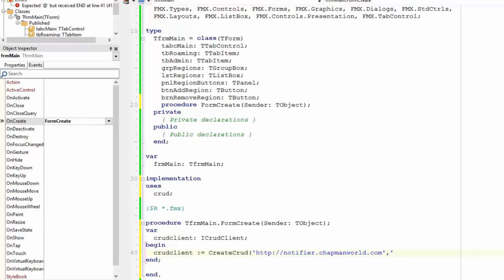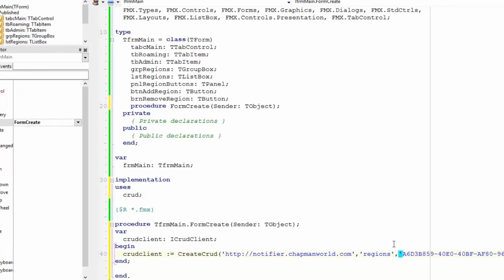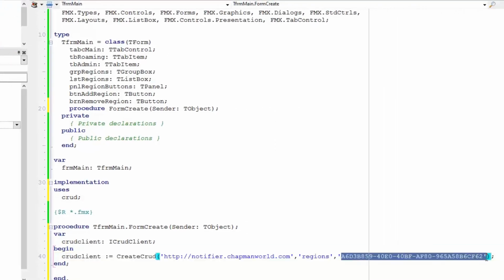The endpoint is going to be regions, and the API key, I actually need to go and dig that up from our code from the last video. Okay, and here it is. So this is the administrative key. Since we're actually working in the Notifier admin app, this is the key that I'm going to work with. Again, I'll make a constant for this later, but right now we're just going to hard code these values in,